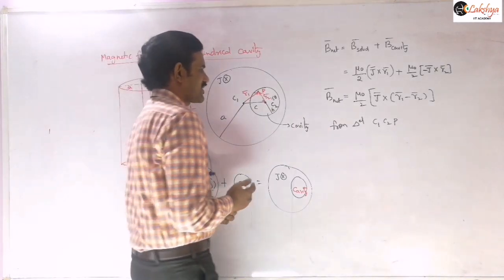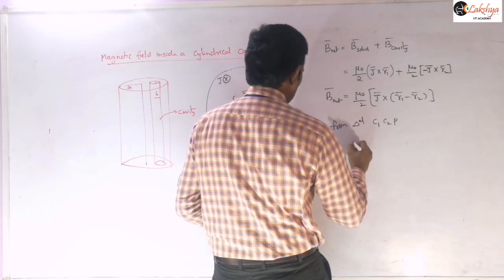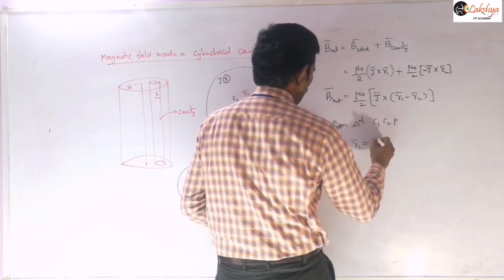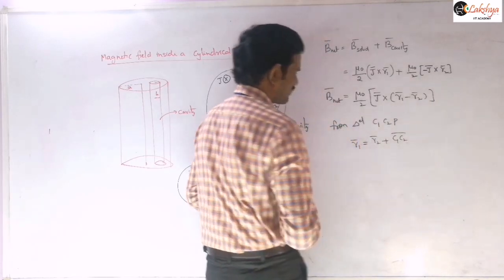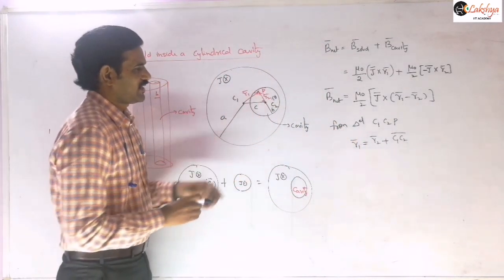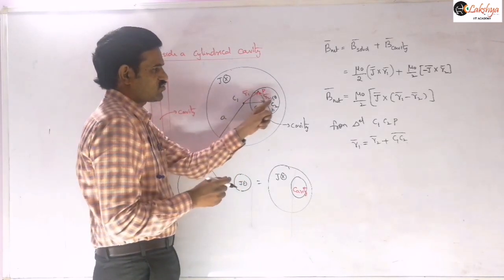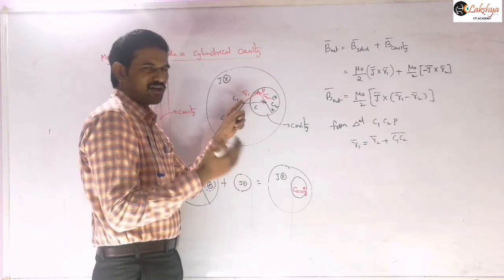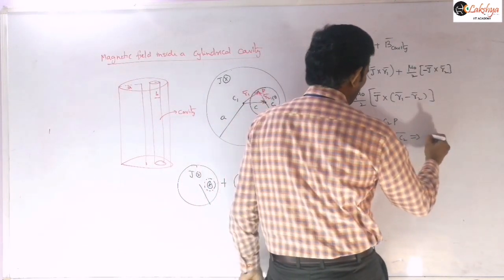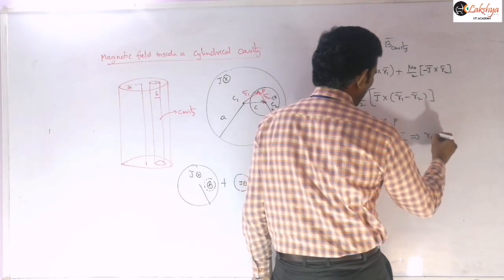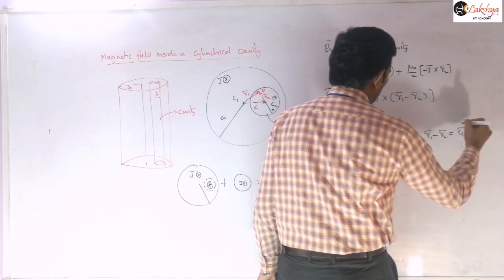Just let us apply the triangle law. So the triangle law I can write as R1 bar is equal to R2 bar plus C1 C2 bar. This is our triangle law. C1 C2 bar means now along this direction you will get. That means these two vectors are now in the same direction, then R1 bar is in the opposite direction. Alright. And so from this what you can write here is R1 bar minus R2 bar is equal to C1 C2 bar.